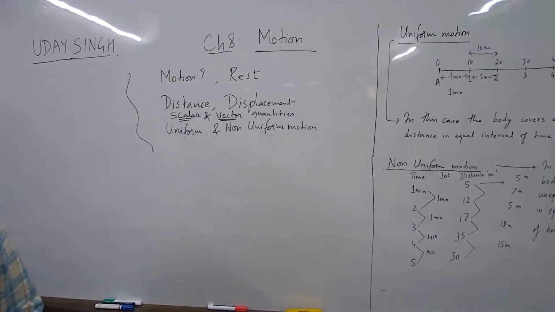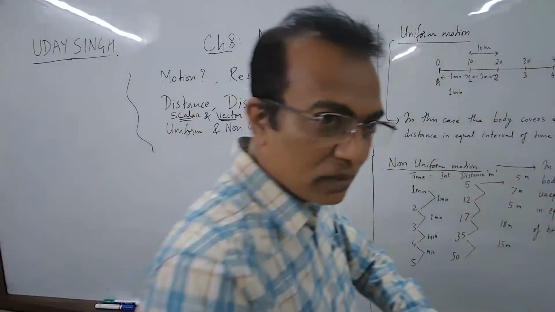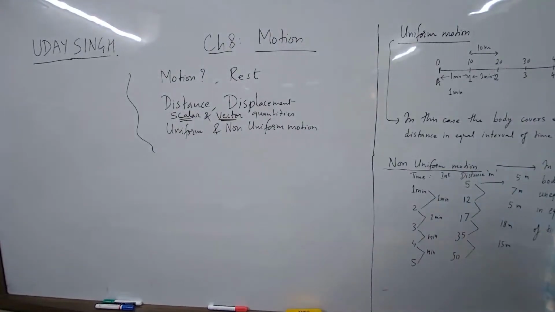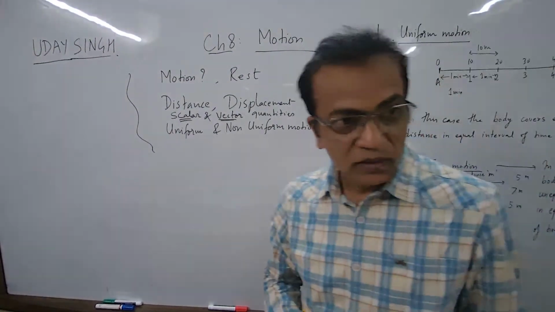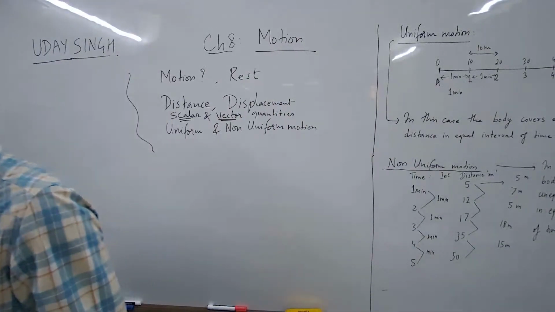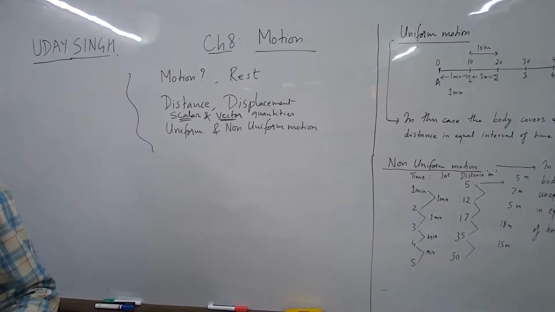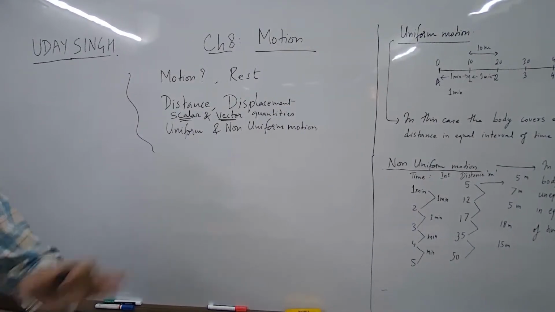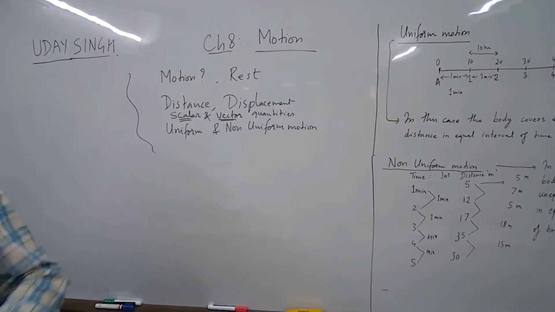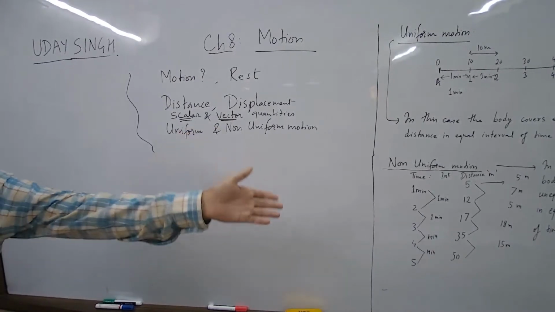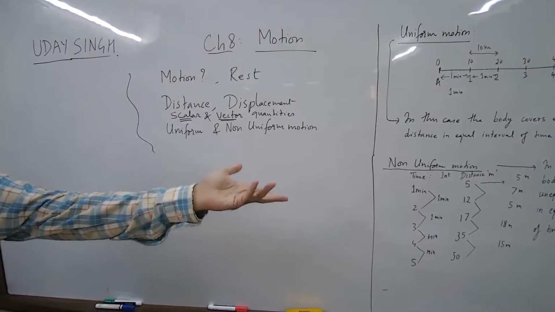I mean, if you walk, see your watch. If you cover say 100 meter every 10 minutes, you are doing uniform motion. And if you don't do that, then it is non-uniform motion. It can be true for anything, any order. This is the general definition. Put any body. Body means anything you put in that place. That will be fine.